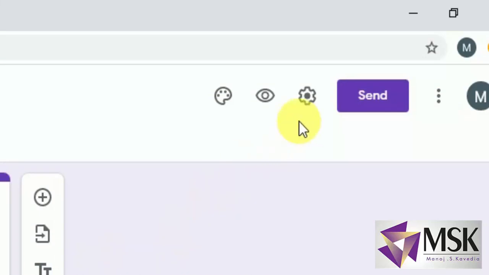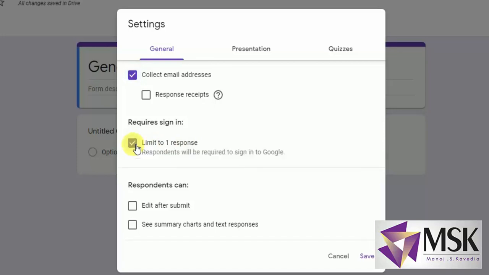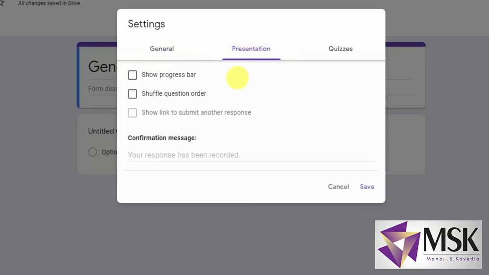In this there is a first general setting where I'll collect the emails. Then I can limit the response to 1. I don't want anyone to edit after submit, so I don't click this. Now I'll go to presentation. Here I'll say show progress bar as well as shuffle the question, which means different people will get questions in a different sequence.